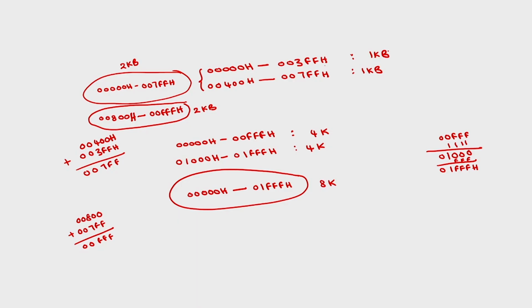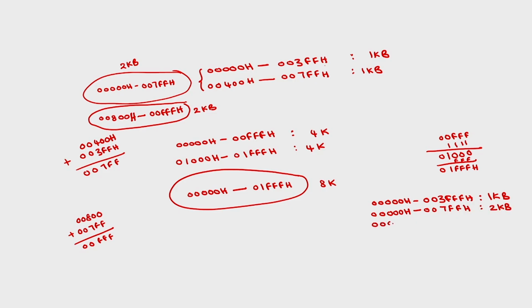Normally you will use a maximum of 8K, or you can go even higher in a similar manner. 00000H to 003FFH will be 1 kilobyte, and I will start with all zeros only. 00000H, for 2K it will be 007FFH. This will be 2K,